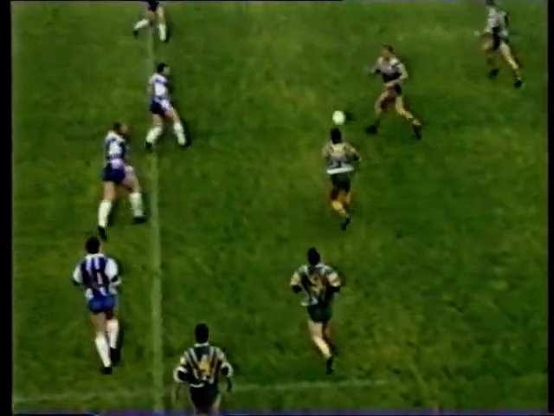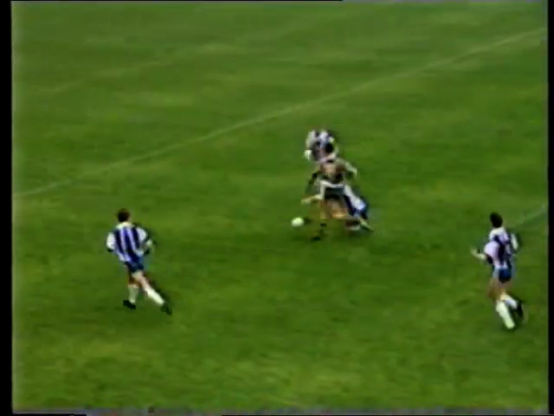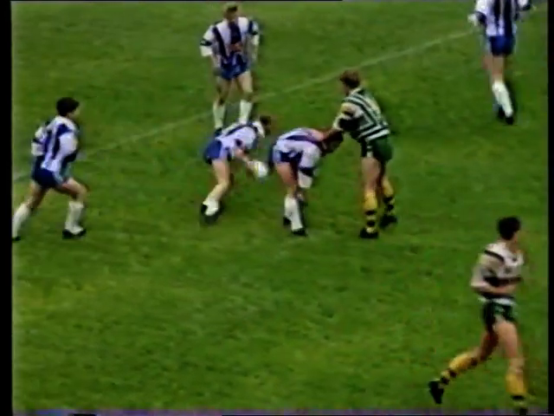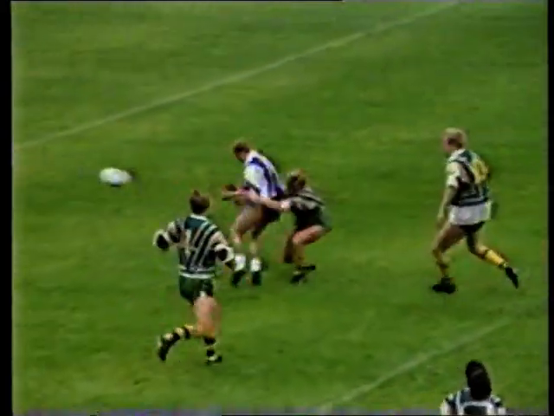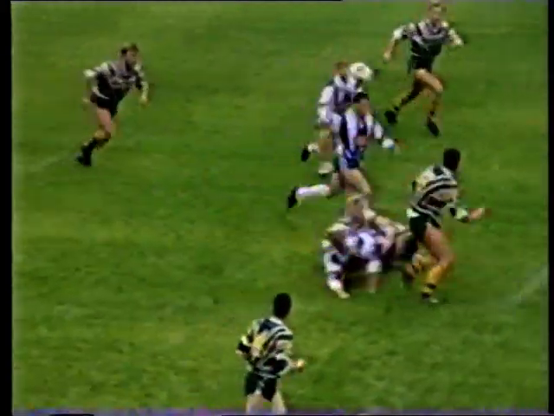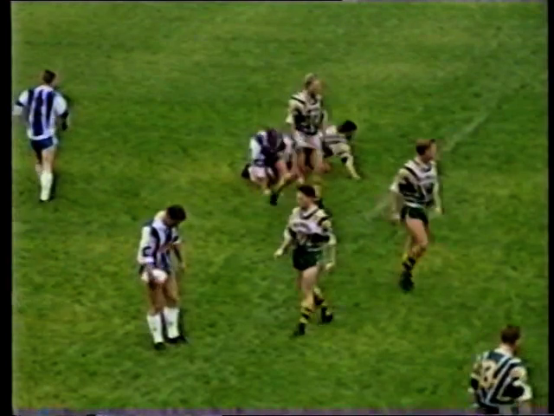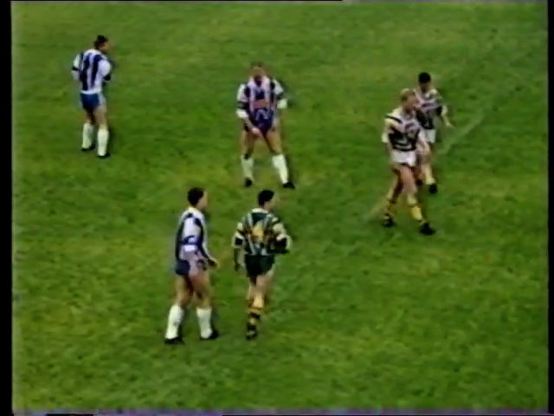Davis now. Precious. Out to Daniels. Tackled on halfway. Last one, a kick ahead by Precious. Good cover from Pashniak. Good defence from Raw for Hunslet. Well, Hunslet applying the pressure, but Oldham with the points on the board at the moment. Ian Sherratt now making a break. Ball lost. The referee will call them back for the knock-on. Pashniak couldn't take the ball, beg your pardon.